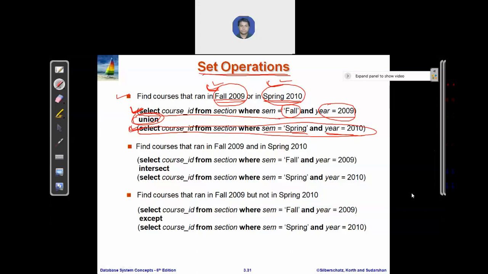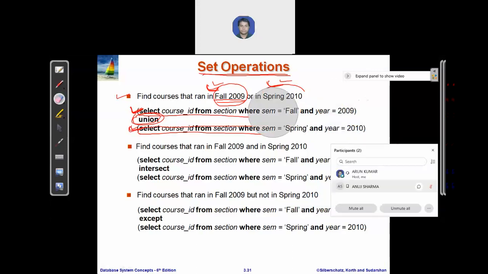Anuj, am I clear to you? Anuj, even you are not listening, I think. Anuj, is this query clear?